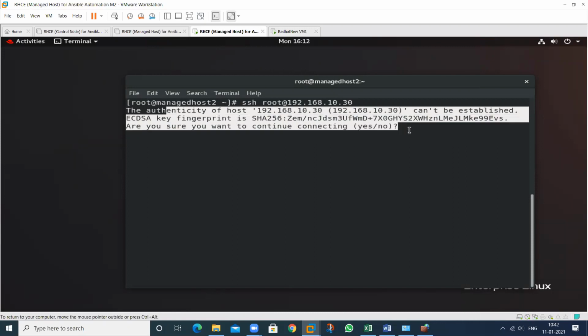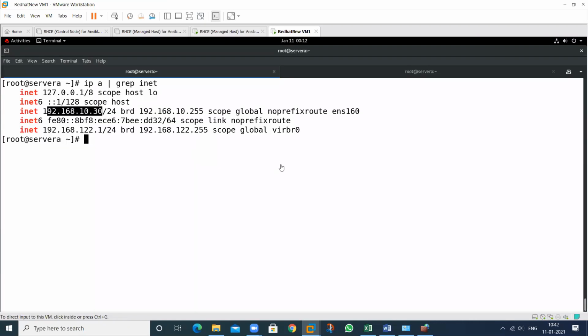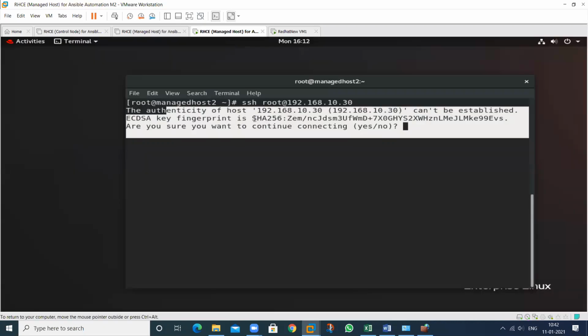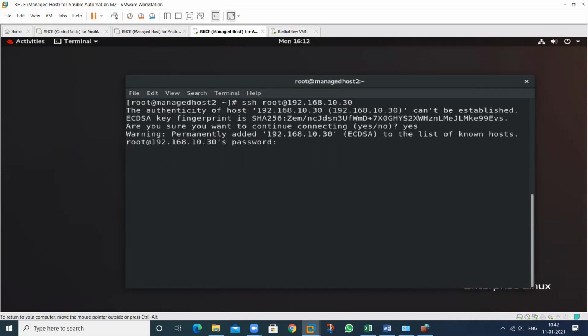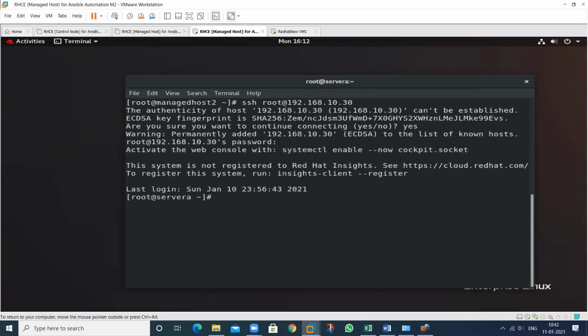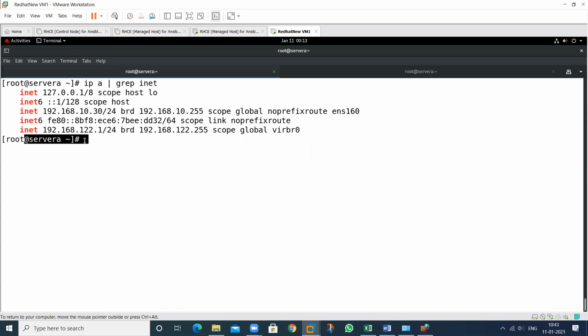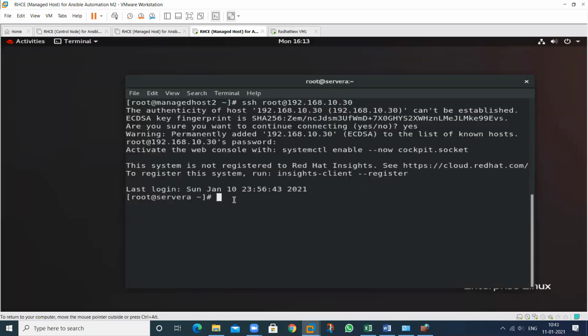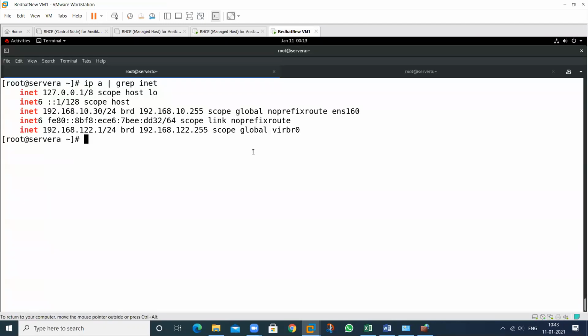here, I am able to access this particular machine by SSH, but I want to disable this by using the firewall. Then what will I do? So just type yes here and then the password. So now you can access that particular machine. See here, what is the name of this particular machine? The machine name is server A, and this is the IP address. So these two machines can access each other by using SSH, because this functionality is enabled by default in my firewall.